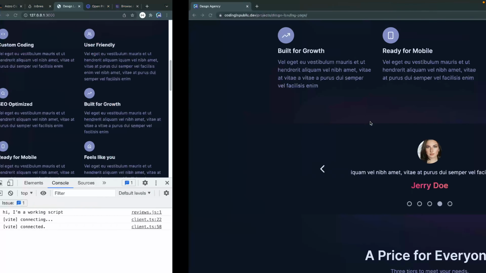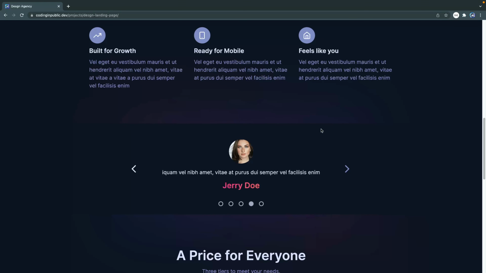Now, something that might seem a little odd at first is we actually don't need 5, we need 7. And you might be like, well, wait, there's only 5. How are we going to get 7 out of this? Well, the reason is because as we transition between all of these, if we start moving around, we want them to slide, but then finally when it gets to the very end, we actually want it to look like it's looped around. So I need to actually duplicate the last item over here, and I need to duplicate the first